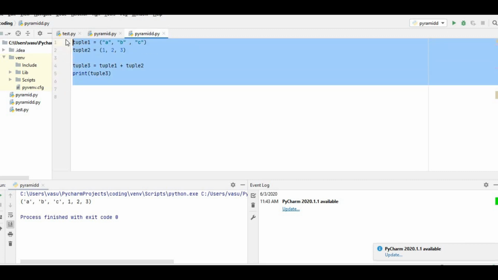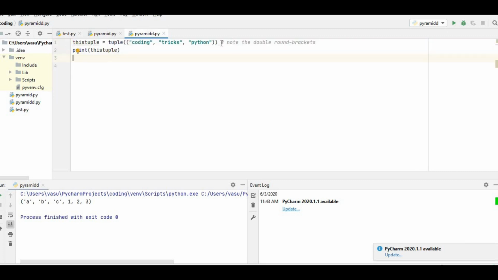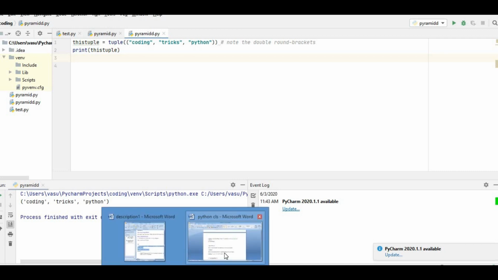See here, this tuple equals tuple of this tuple method and constructed coding tricks Python. Then I'm printing this tuple. So this is how you can use this tuple method or constructor.